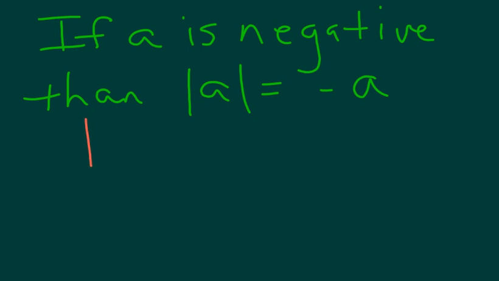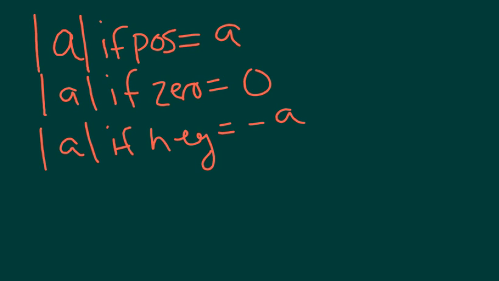Absolute value of negative 3, that is 3. Isn't 3 the opposite of negative 3? Okay, let's stack them. Okay, now that I've thoroughly confused you, because this is a little confusing at first, this thinking algebraically, let's try